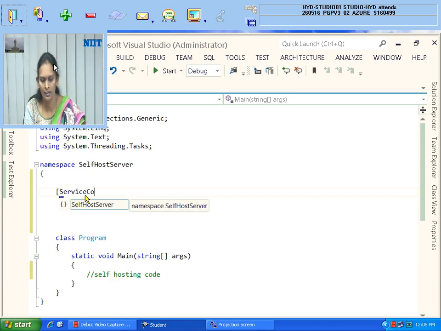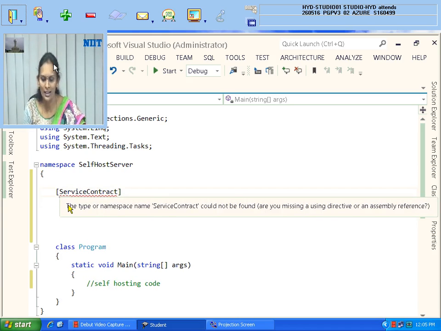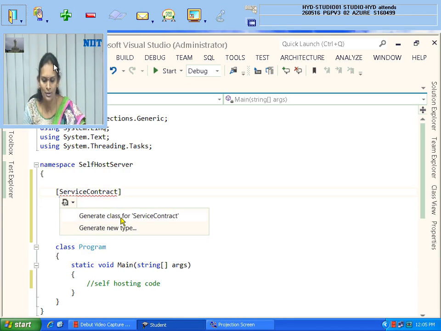contract. Madam, I'm not getting it. It means the required namespace is not added. So click here. I told you to click here, so that's why it is not showing. By default you will not get it, even though I'm pressing control dot, I am unable to get it sometimes. So what should I do? If I click here, I should get using System.ServiceModel like that.